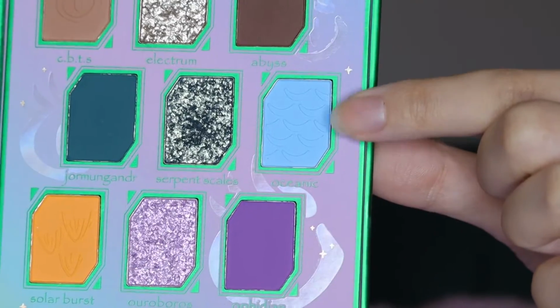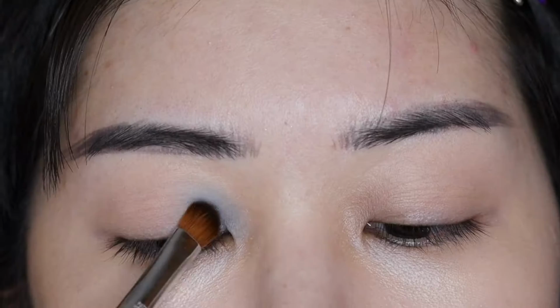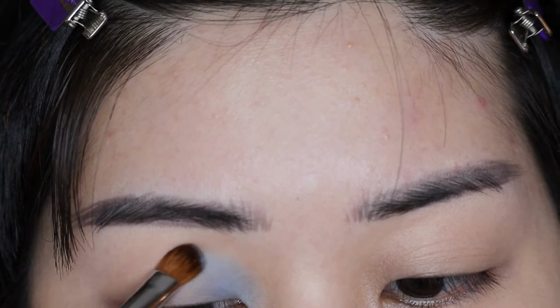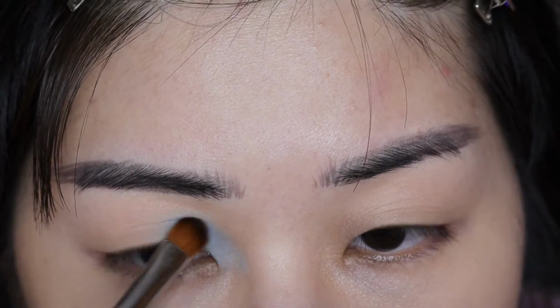Okay, welcome back to look number 2. For this look, I'm going to start off with Oceanic. This shade has really cute scale embossings in the pan, which is just such a really cute touch. I do really like pan embossings. I think they're cute. As you can see, for being such a light shade of blue, this shade packed on really well,